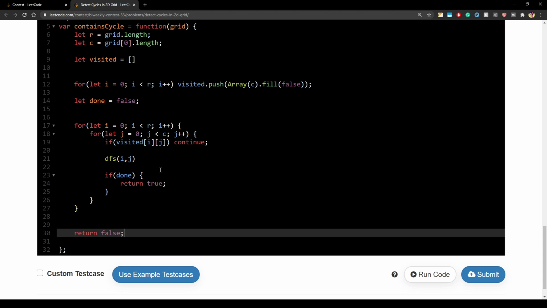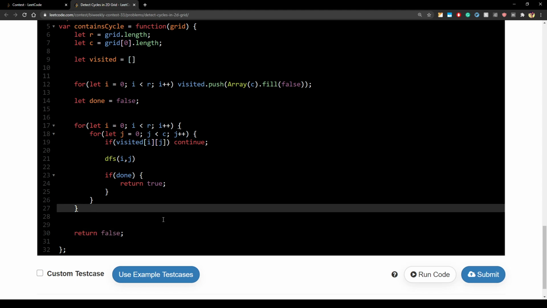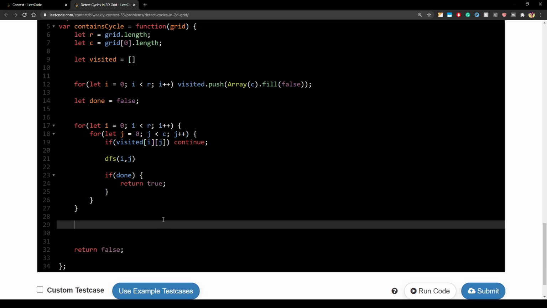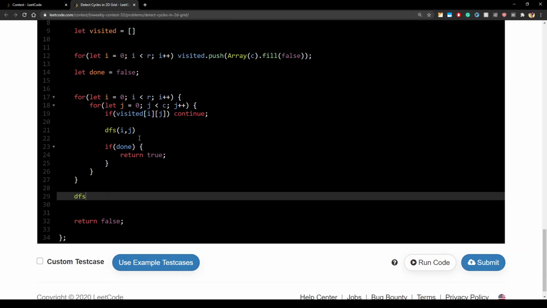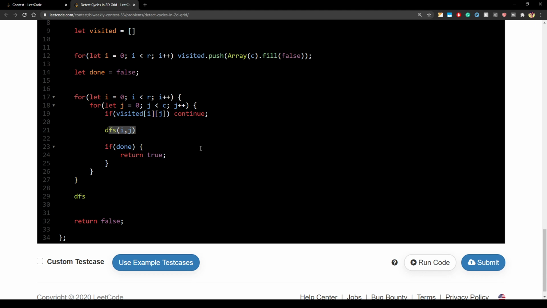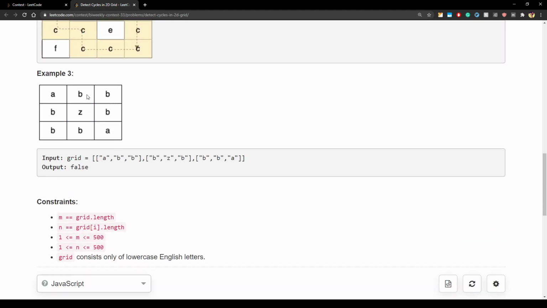But there is one more implementation detail. Let me talk about it when I implement DFS. So suppose I'm doing DFS from every node, right? One interesting thing which happens is that how DFS works is we go to a node and then we go to every node we can go from there, right? So we'll have to handle that case as well. If I go from this B to this B, then I have to handle that I can't go from this B back to this B, right? So that case I have to handle somehow.